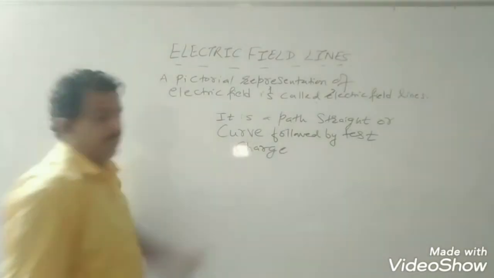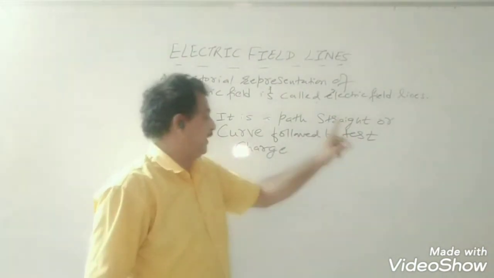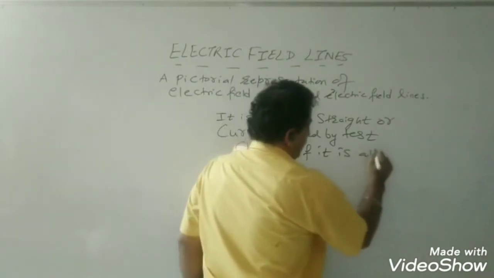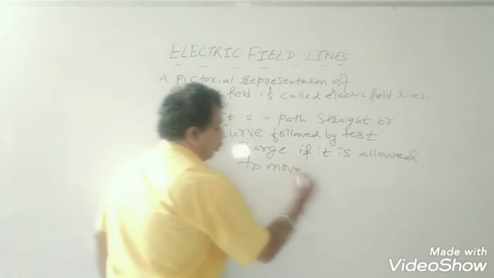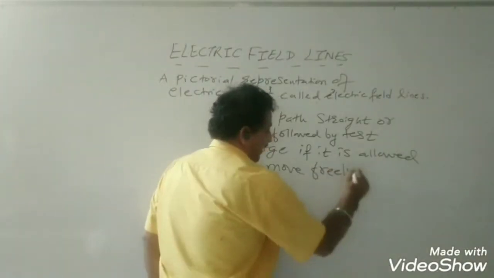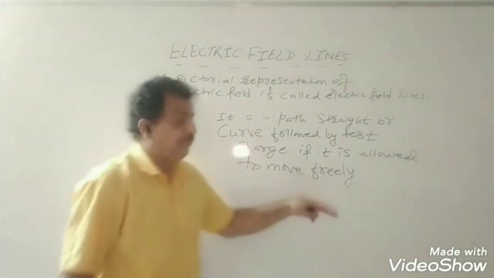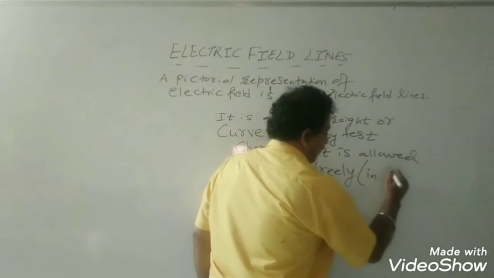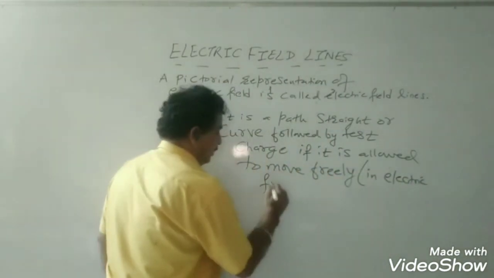So it is a path. The path may be straight or curved, followed by a test charge if it is allowed to move freely in the electric field of a source charge. So if it is allowed to move freely, where? In the electric field